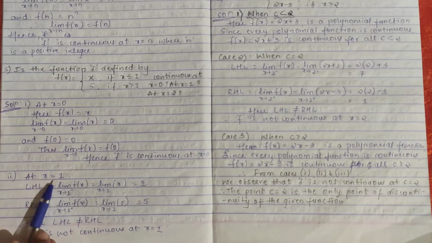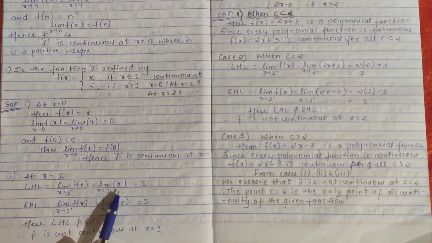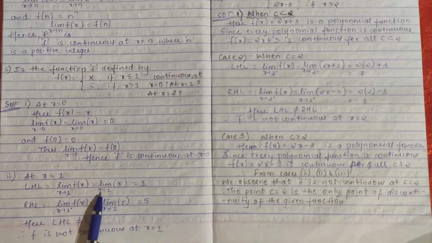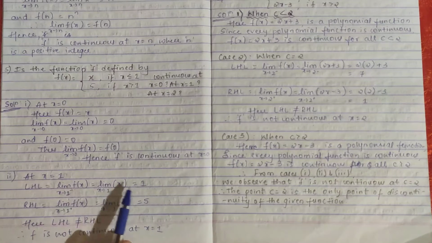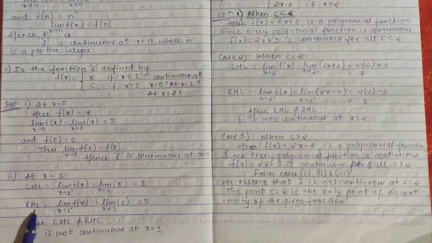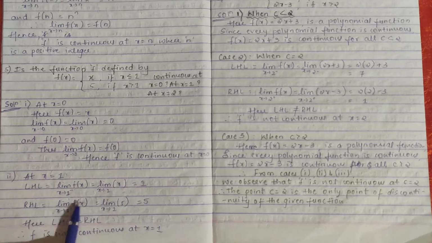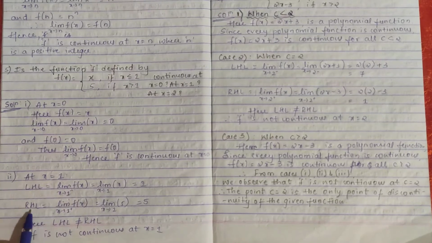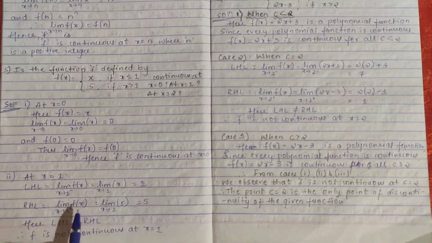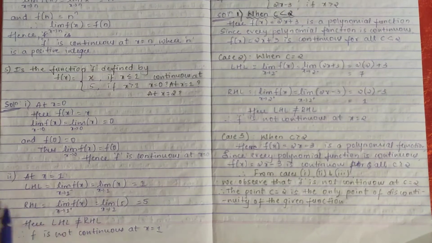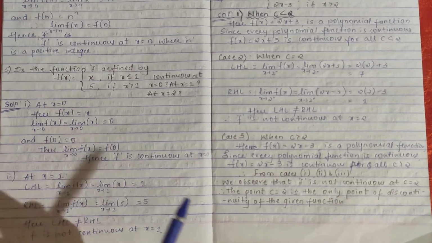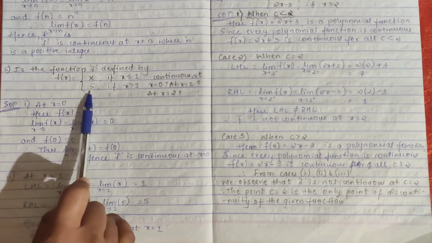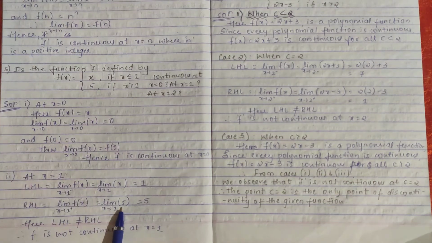Why 1? Because we are checking it for 1. So limit, what is our f of x? When you are substituting the x value, as x tends to 1, in place of x when you substitute 1, it will be 1. Now we are checking for RHL, which is limit f of x as x tends to 1 plus. RHL means positive side, right? Positive means greater than. So 1 plus, which means x is greater than 1. Here x is greater than 1, f of x is 5. So my f of x will be 5.